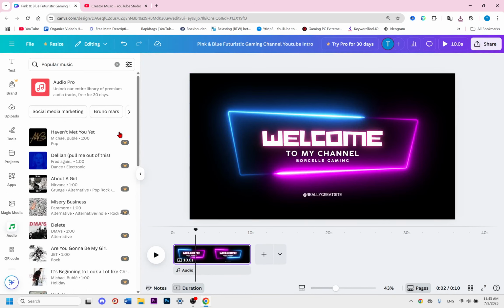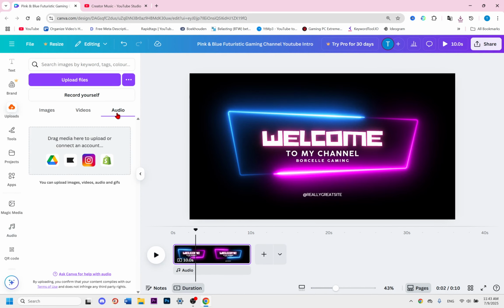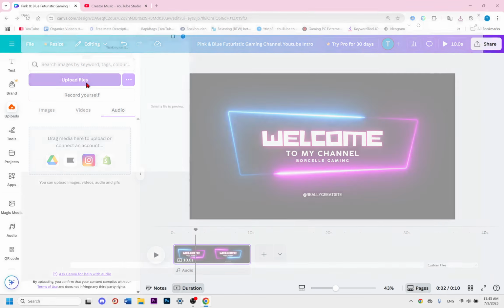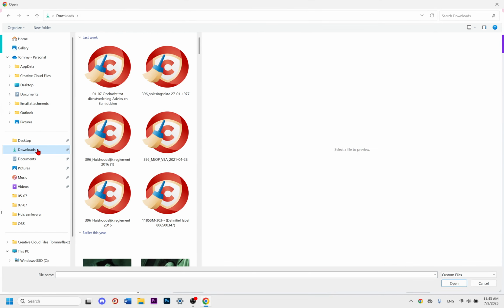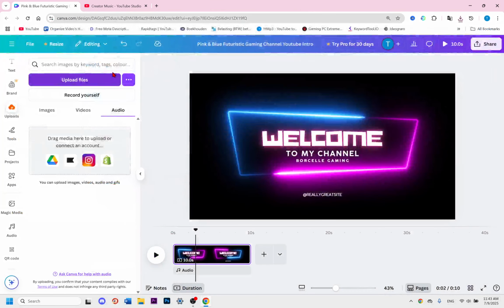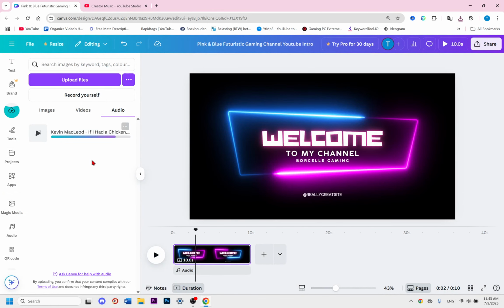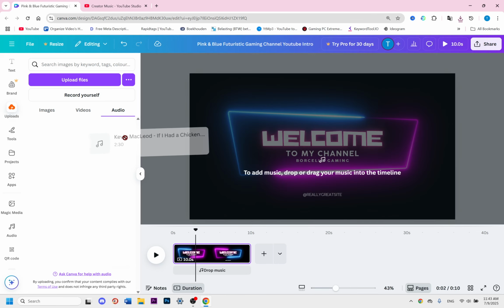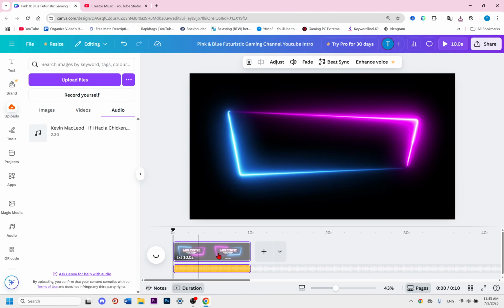If we now go to Canva and we click here on uploads, audio, and then upload files, and we go to downloads, you have here just right here from Kevin MacLeod, If I Had a Chicken, and if you double click on that, it is loading the track into Canva. And when this loading process is done, we can throw this track just right here in our timeline. And then right now we need to wait. And if we now click on play,